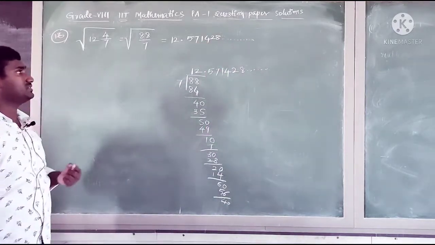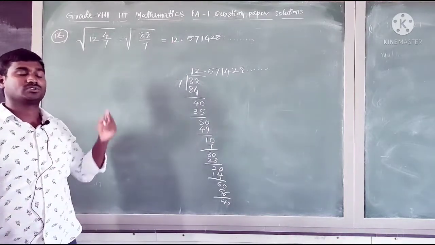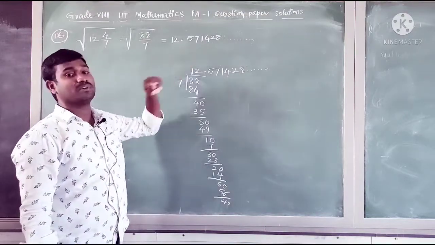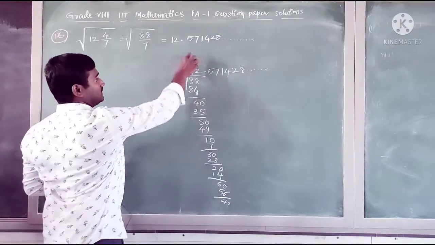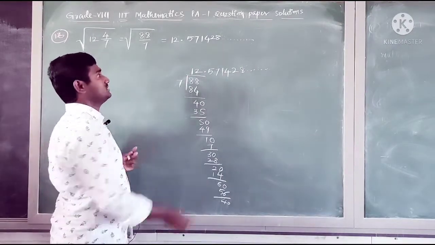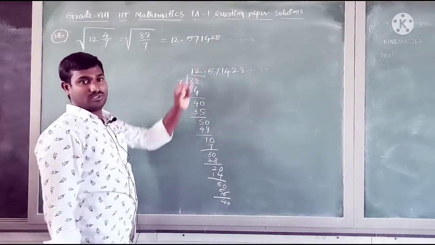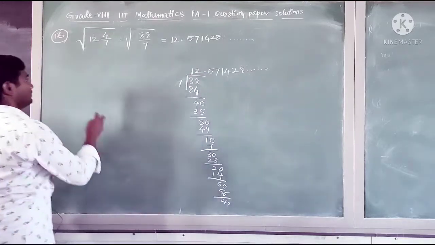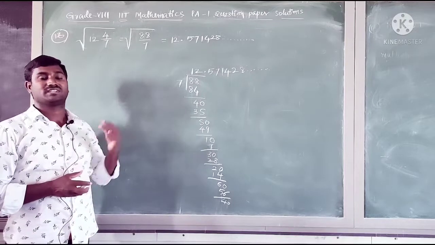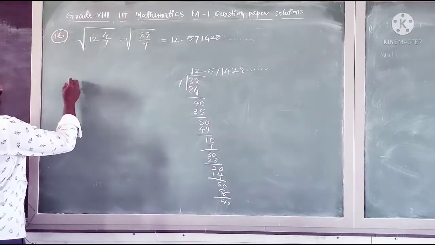Now we are going to find the square root of this number up to 3 decimal places. In a square number there are 6 decimal places, so we need to take up to 6 decimal place numbers: 1, 2, 3, 4, 5, 6. So this number is enough to simplify. We can simplify this number in the division method. In the prime factorization we cannot simplify, so by using the division method only we can simplify this question.